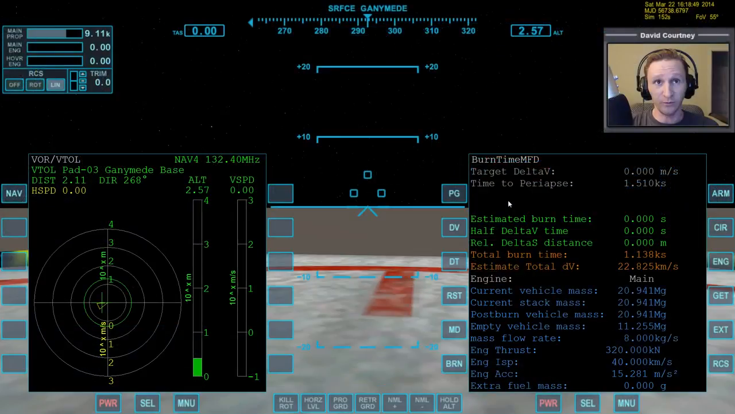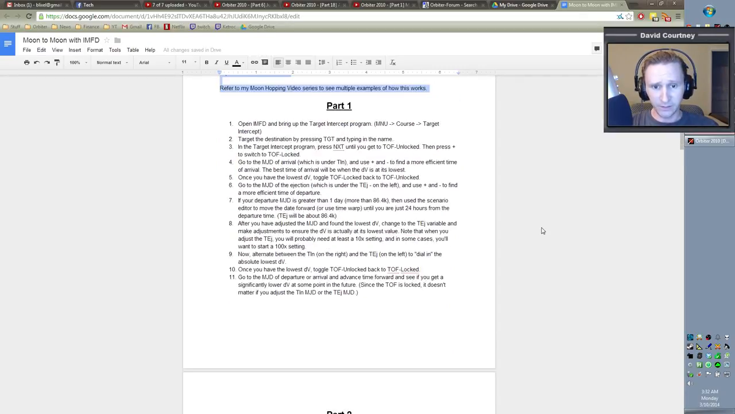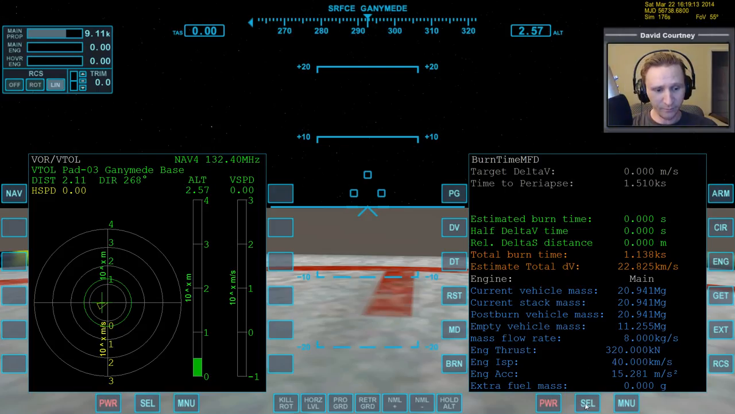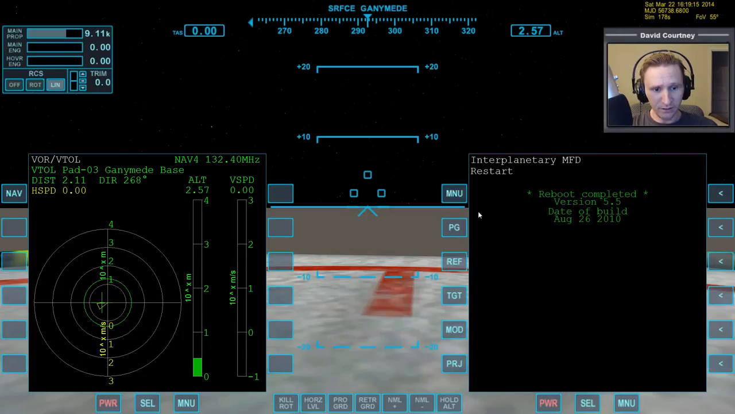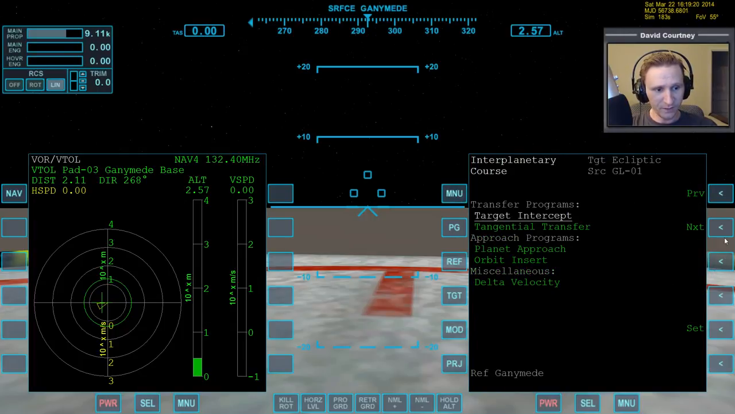So let's go ahead and switch camera views here. And let's just refer to the notes here quickly so we can see what we need to do first. This is just some stuff here at the top, so we don't need to really worry about that. But part one, we're just going to do the same thing we did before, and that is to open IMFD and bring up the target intercept program. We get to that by menu, course, target intercept. So let's do that. Bring up IMFD, menu, course, target intercept,